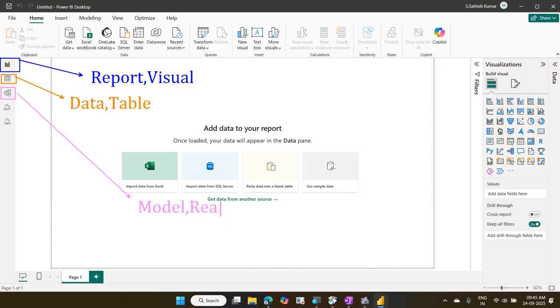Third one, model view. This is where we are going to create a relationship between the tables. Model view, relationship between the tables. So this is where we are going to create a relationship. Fourth one is your